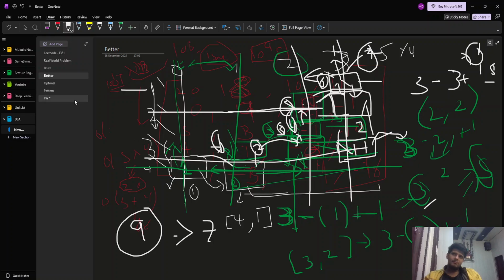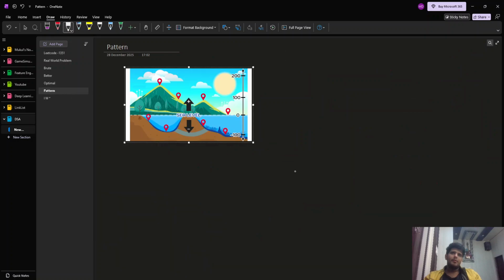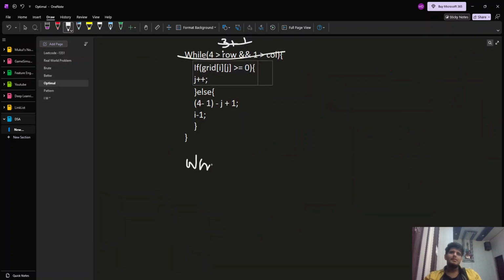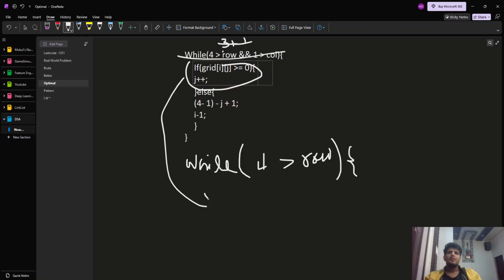But for a check-based solution, we can put one while loop also for the individual one. If row is this thing, we will put only this check here. We will do one more while loop